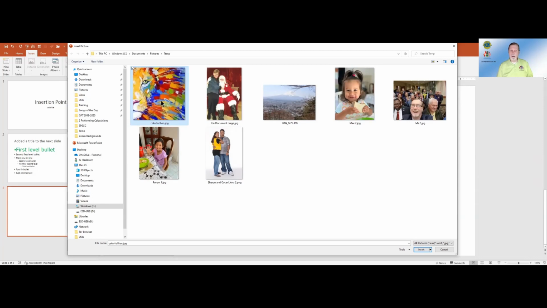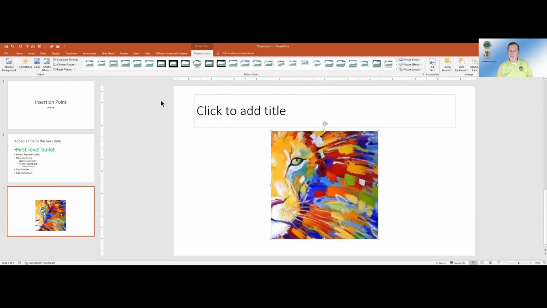As I double click on the picture, I see that it's fairly small in comparison. Many times when I bring a picture into a slide, it tries to take up all of the available real estate in the slide. This one does not. And that's a little bit of a hint because this is a small file size. Now that's not in itself a bad thing unless you want to make your picture bigger. Allow me to illustrate.